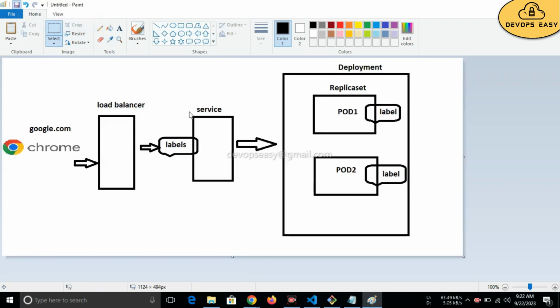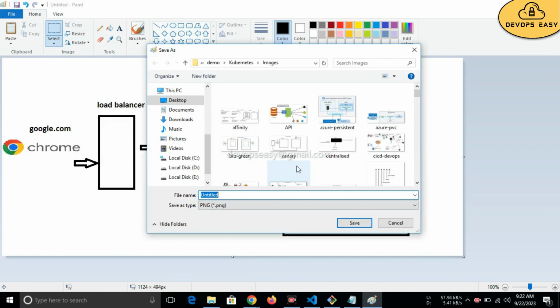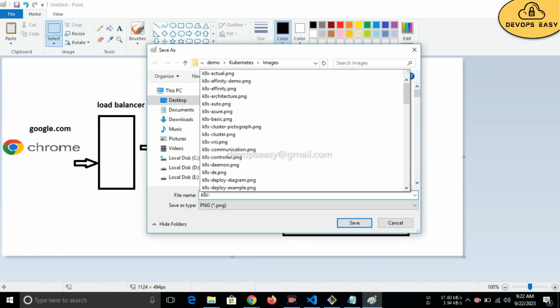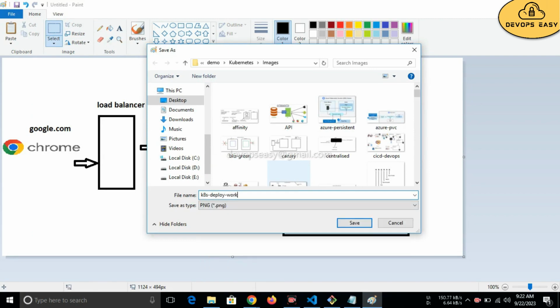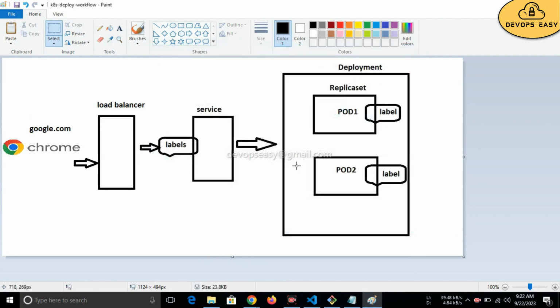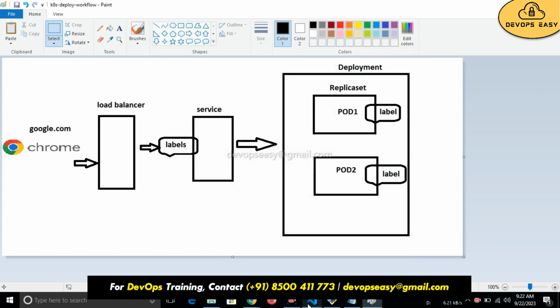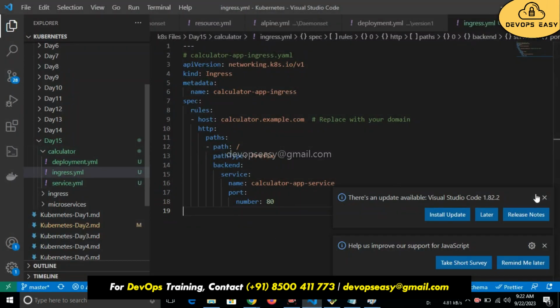So just let me save this. Creates deploy workflow. Now I will open my Visual Studio Code. If you see,